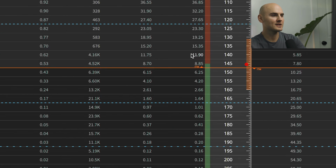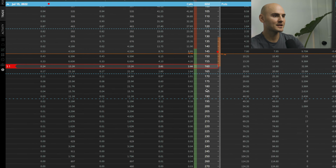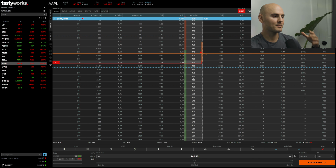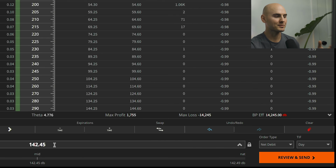Then if I go to the 160 short call and click on the bid, this sets up an order for setting up this covered call position. Now right off the bat, we can see that the trade cost is $142.45 in option terms, and to get the total entry cost, I just have to multiply that by 100, and we get a total trade entry cost of